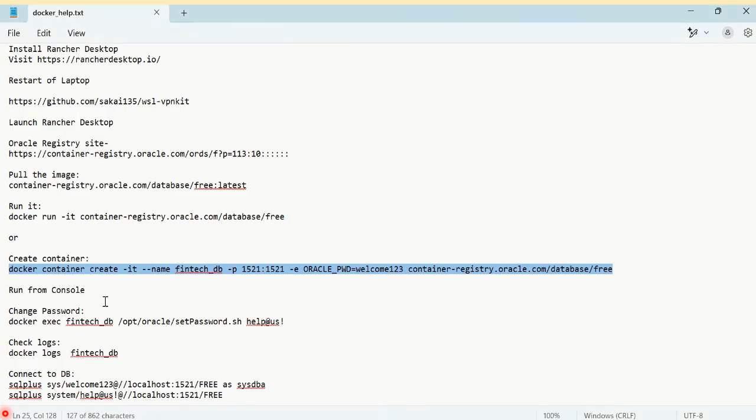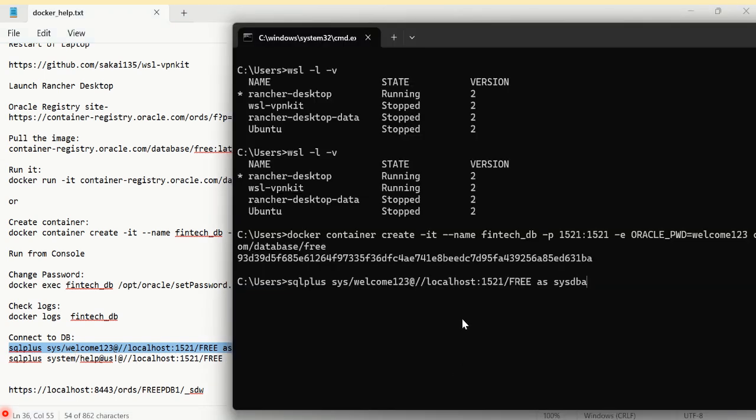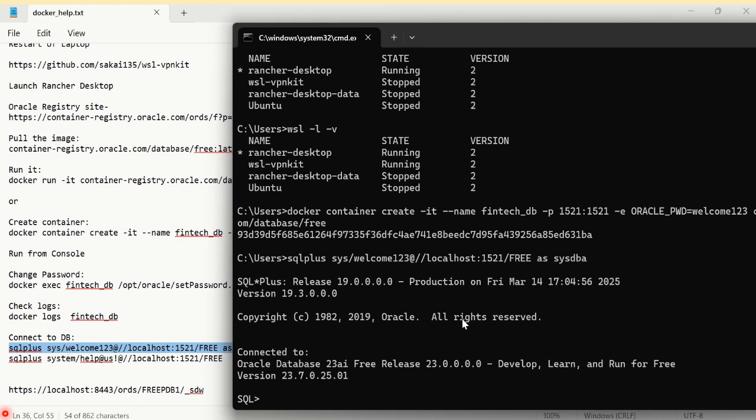So what's next? I don't need to change the password because I've already given a good password. No need to change the logs. I will just connect to the DB. So this is the welcome 123 the load. Let me connect to the database here. Let's see whether I can connect. Yes,